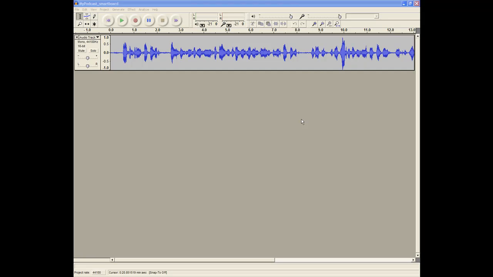Now you have recorded your podcast and edited it. It's time to export that as an MP3 file. In order for you to create an MP3 file using Audacity, you will be needing a small file called lame